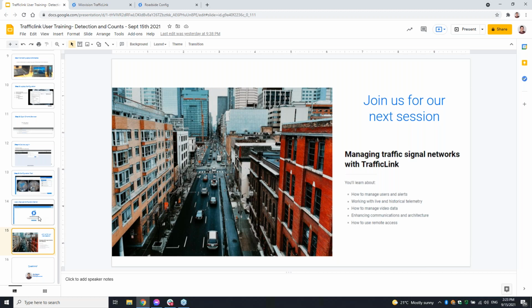If not, look out for our next session. We are going to get into the platform, the traffic signal management and performance measures. We're going to jump into more of the platform stuff next month, and show you some of the features and functionality there. We typically do these sessions once a month, usually on a Tuesday or a Wednesday. We offset a little bit this month, but we'll be back into a rhythm next month. Look out for those session signups.